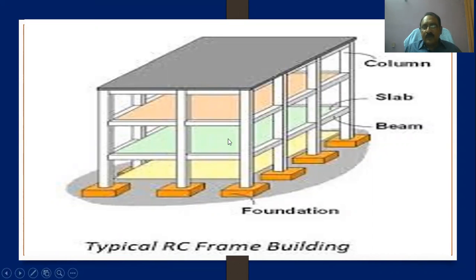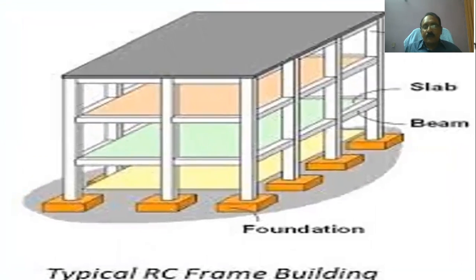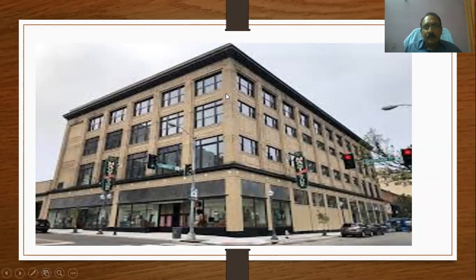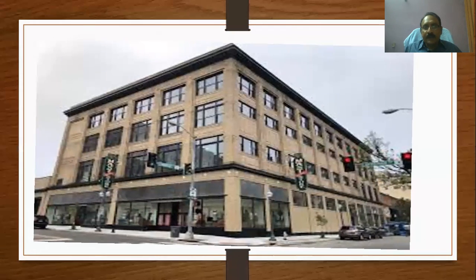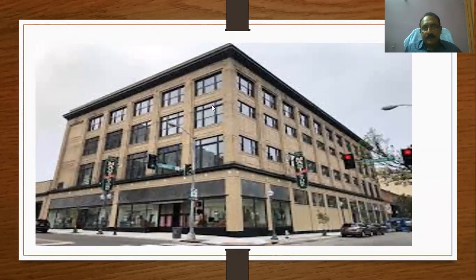So if you understand what is the plan and what is the section, you can easily calculate the quantities of different items. This is one of the typical RCC frameworks. This is also one of the buildings showing different types, a finished building with elevation, projection, and this commercial building.